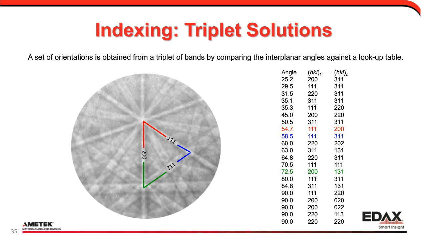The blue line intersection there would be a 111-311 pair. And then the third one would be a 200-131 pair there. And so by pairing all 3 of those together, we then know which band's the 111, which one's the 311, which one's the 200. So a single triplet index can tell us the position of those bands, which band is where, and of course, once we know where the